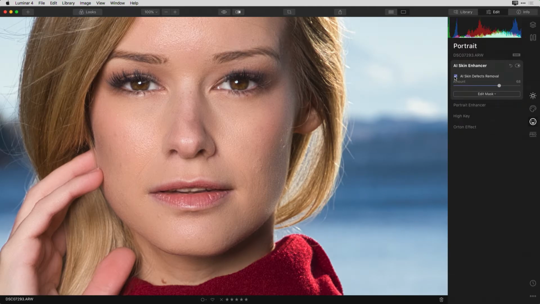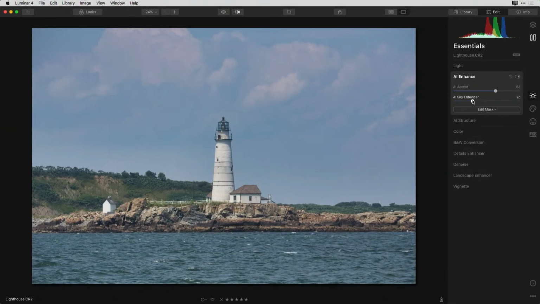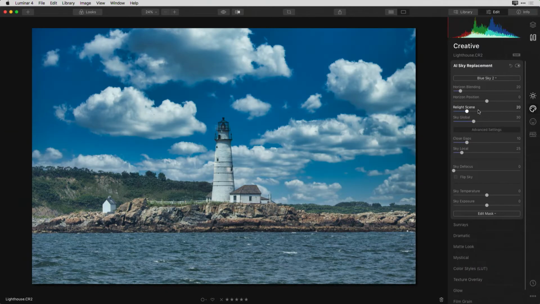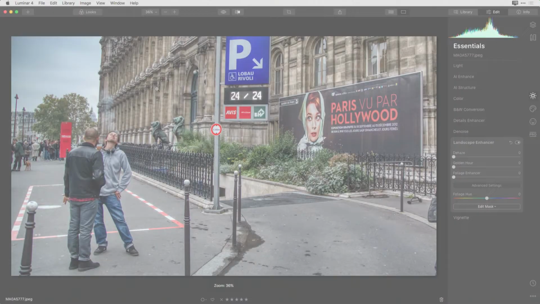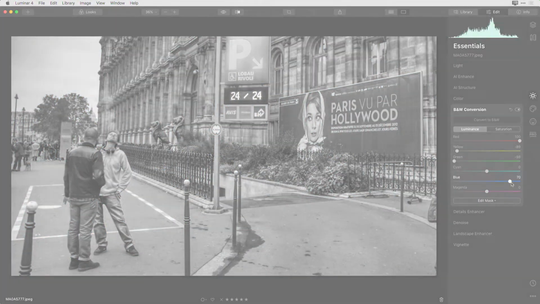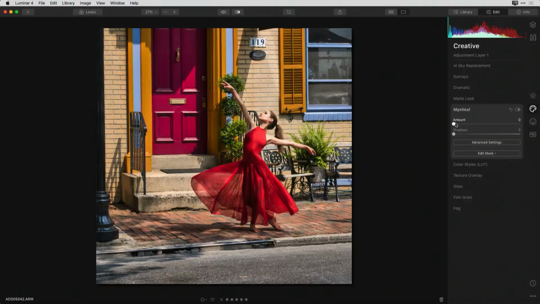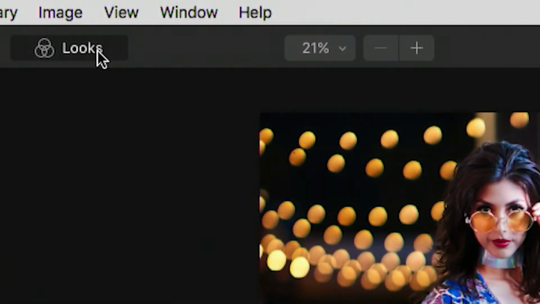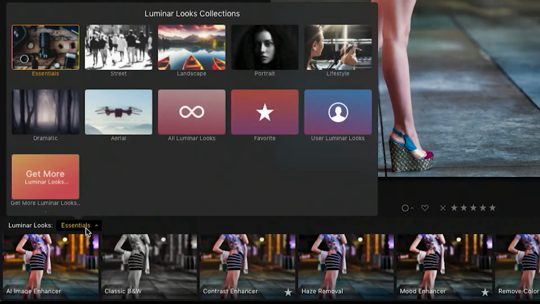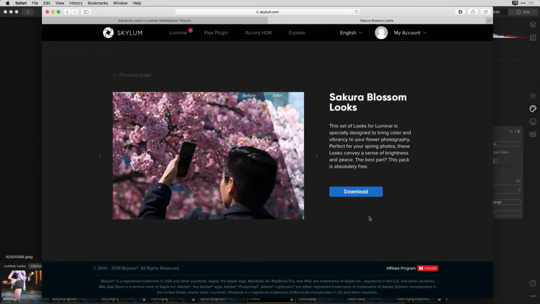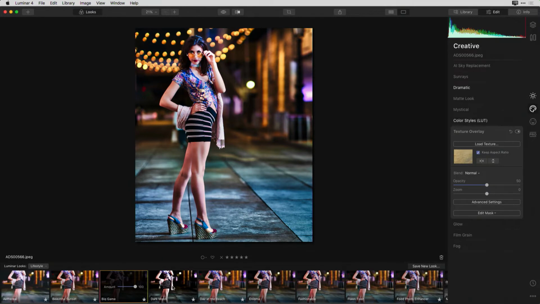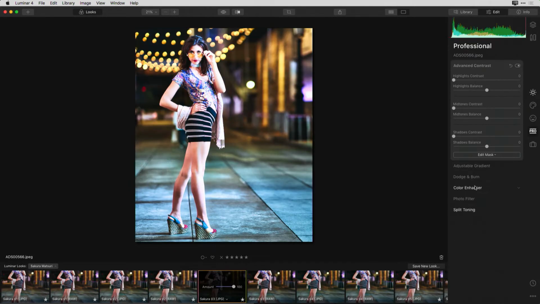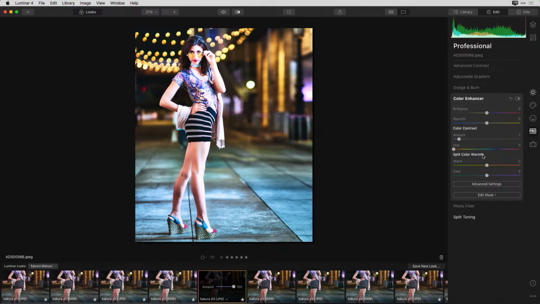We'll look at developing a portrait. We'll also look at creating really beautiful landscapes with Luminar 4. We'll create a great black and white image, as well as look at enhancing some street photography. And then we'll explore using Luminar looks. Now, Luminar looks are adaptive presets that can really enhance your creativity. They can either be one-click solutions or just starting points to where you can continue to enhance a photo to